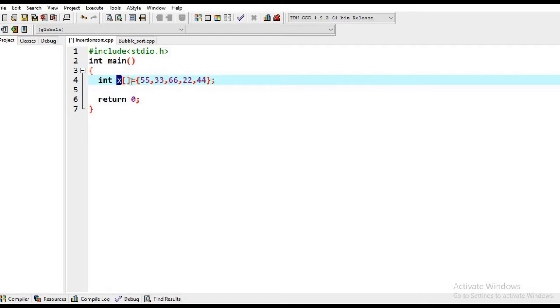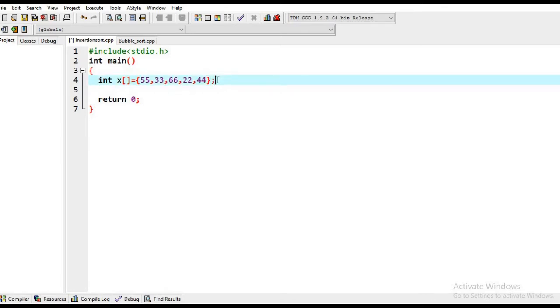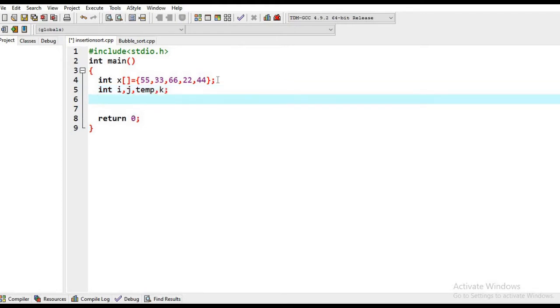This is our array X, and I have initialized this array with these elements. 5 elements are there in total. We need some more variables in our program, so I'm going to declare them, and one temp variable, and I will take one more variable. These are the variables that we will require in our program. Now we'll start with the logic. So first of all